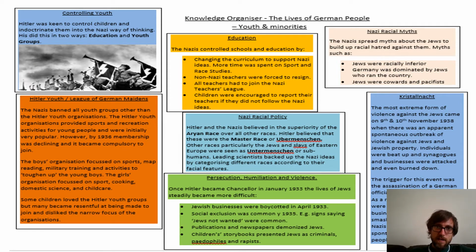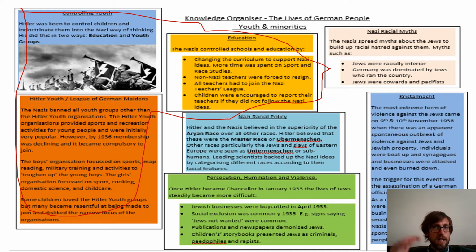So these ones here are to do with youth and education, and then on the other side here we've got how they treated minorities, in particular Jewish people. So when you do the quiz, some of the quiz questions will come from this knowledge organiser, so make sure you know these really, really well.